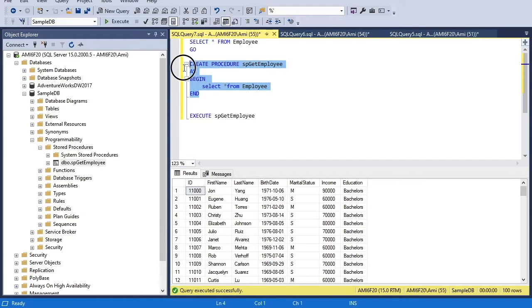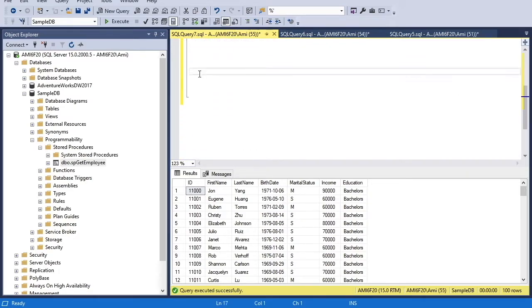So this procedure has no parameter. We can simply call it and it will execute the select statement. Now I will create a new procedure with one parameter. Copy this procedure definition and I will create a new one here. This time let's say I'll name it with underscore one.